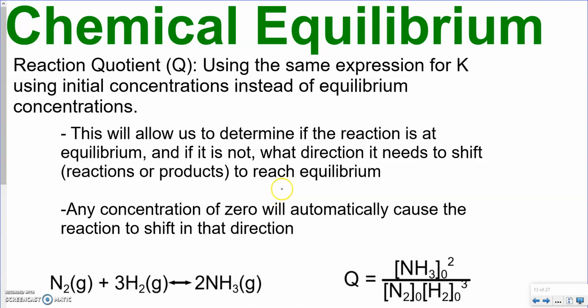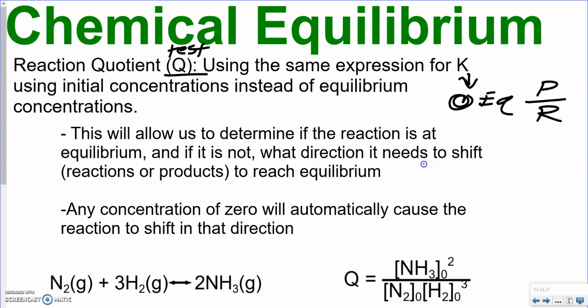So if Q and K are mathematically the same thing, it is important to recognize that they are different in how we use them and what they mean. K is for at equilibrium, meaning this is the ratio of products to reactants when we have reached equilibrium. Q is our test, a way for us to look at whether a set of scenarios is at equilibrium or not. And then from there, it allows us to know which direction the reaction will shift, not favor, but shift,